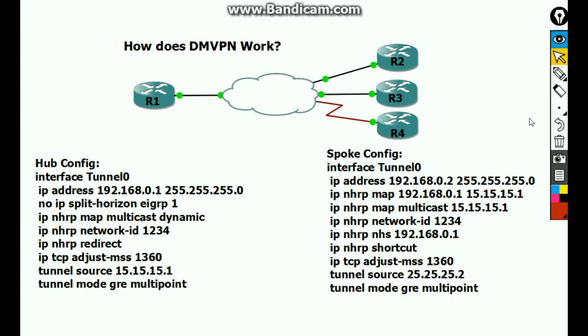Alright, in this video I'm going to be talking about DMVPN and how it works. DMVPN stands for Dynamic Multipoint VPN, or Virtual Private Network, and this is based off of point-to-point GRE tunnels. When you deploy this in a WAN solution, normally you would have something like R1 being the headquarters router,